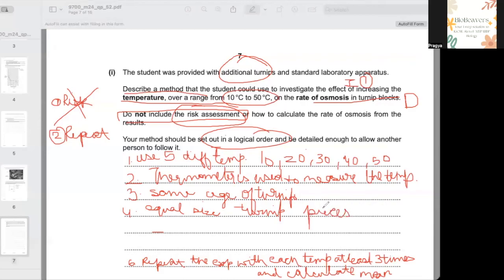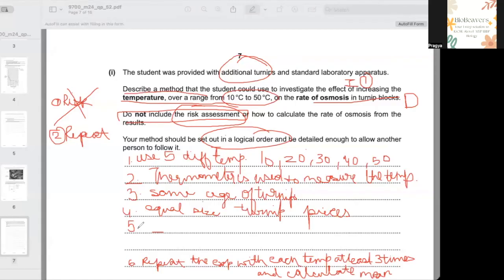Okay. We make sure all the pieces which are cut are equal size turnip pieces. Okay. And the last one here is, how am I going to measure that the rate of osmosis was different,